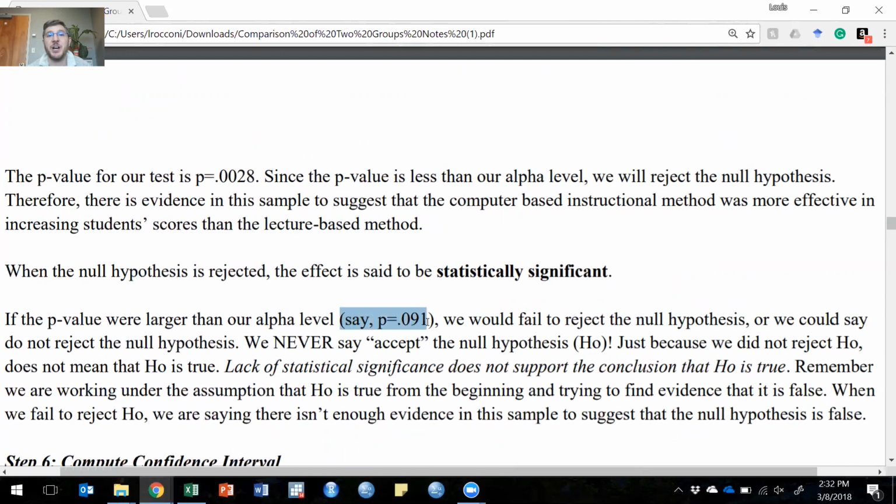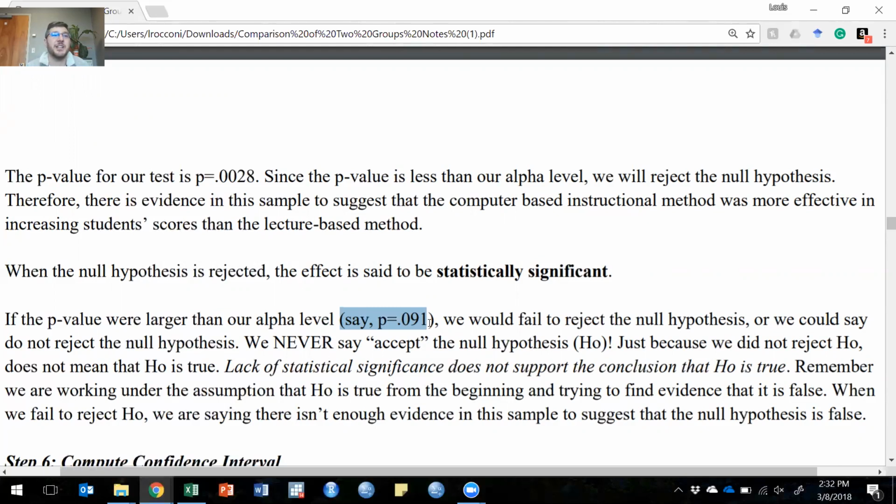Say we got a p-value of 0.091, and our alpha level is 0.05. Then we would say we fail to reject the null hypothesis, or we would not reject the null hypothesis. We never say that we accept the null hypothesis